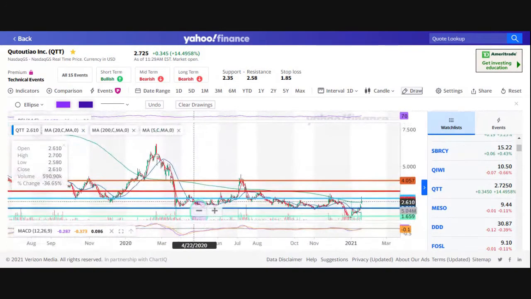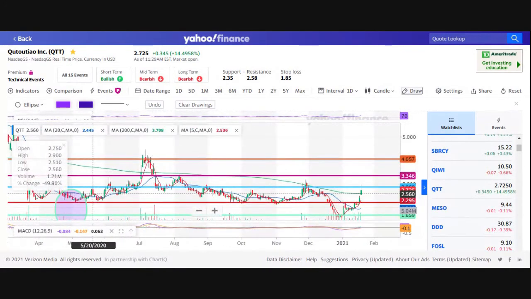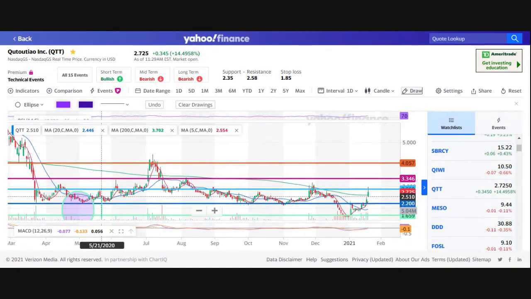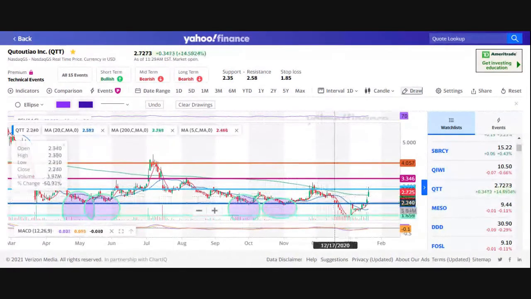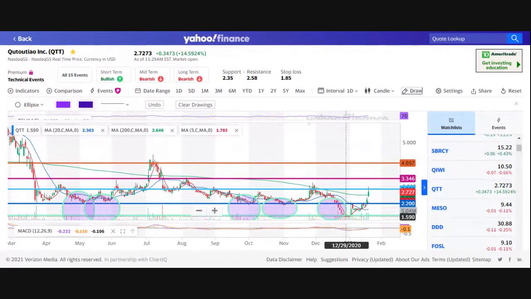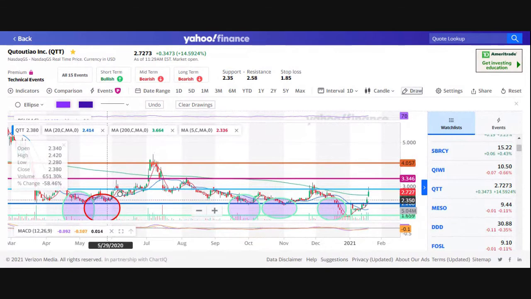That'll be one. That'll be another. And so these are just pretty much how many times it hit that bottom. That's 5 times. And on the tops,